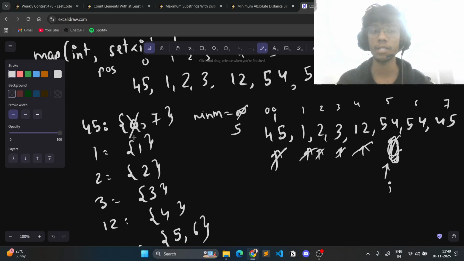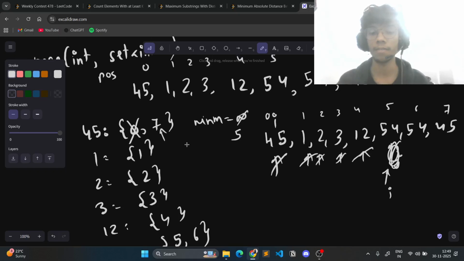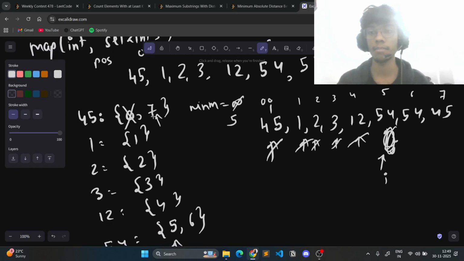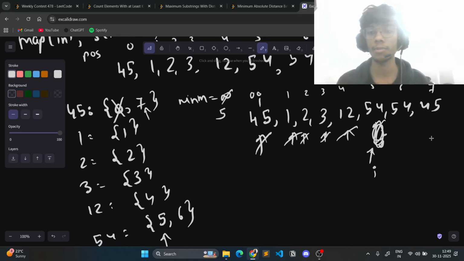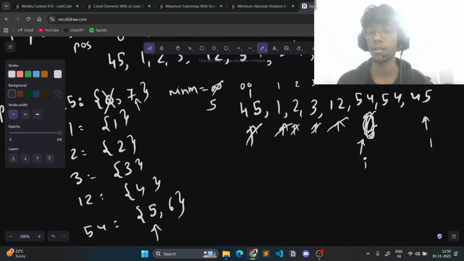So we remove this from the set, and then we look for the next element if there is any. So there is a next element indeed, which is present in the 7th position. So we can determine that this is the closest position to 54. This becomes our j, and now we take 5 and 7 and take this into account. So 7 minus 5 is 2, right? So minimum now becomes 2,